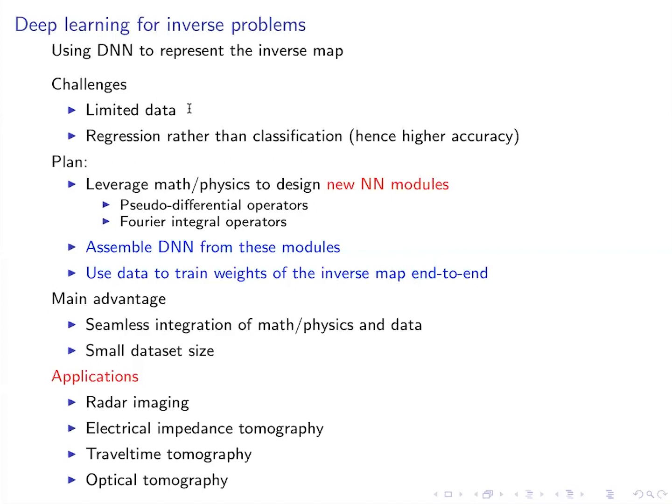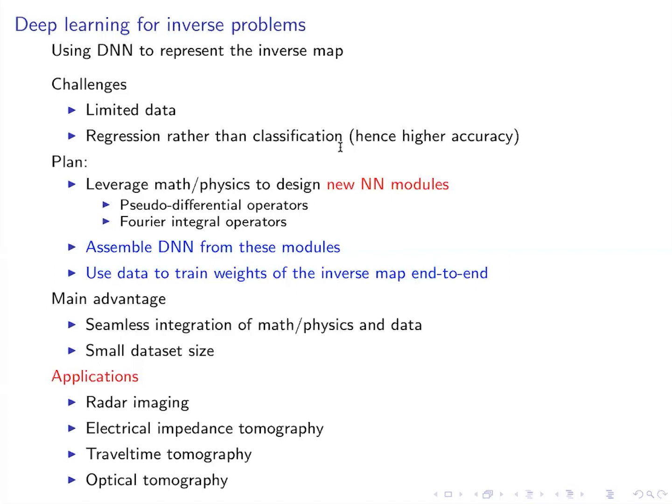no more than that. And also the inverse problem is typically a so-called regression problem where the prediction itself is not just a yes or no. It's in fact a pretty accurate number, right? For example, for a material parameter you want to say how big the parameter is or how small it is. So we need a numerical number rather than a Boolean yes or no. So this often requires high accuracy compared to some of the